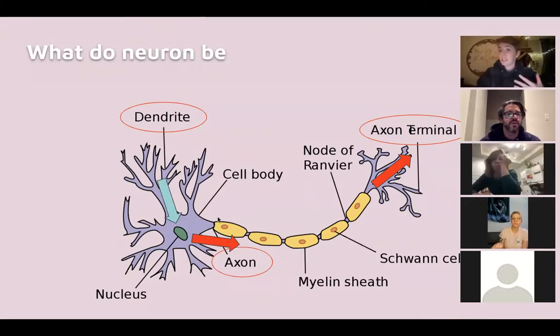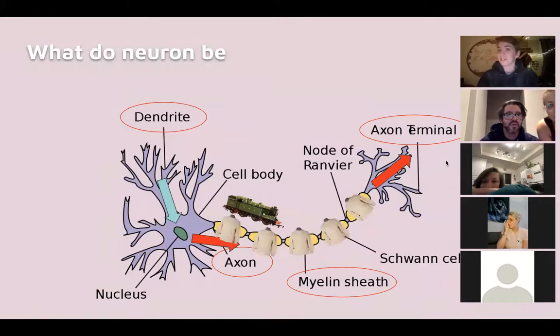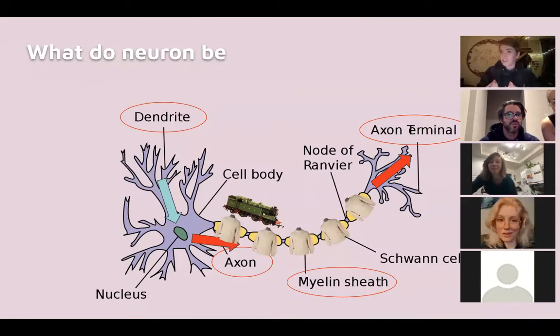Now, when this electricity is passed, or when it's sent, it goes along the axon. And the axon is basically this long, spindly body. You can think of it as kind of like the railroad tracks for electricity in your brain, down the axon. And it's covered by these things called myelin sheaths, which are like little sweaters. So these myelin sheaths act a little bit like the insulator on your computer charger. If you didn't have that rubber insulation on your computer charger, the energy and the electricity wouldn't be as contained.